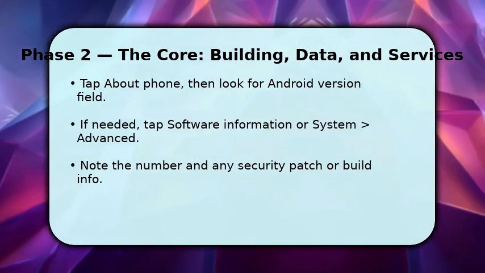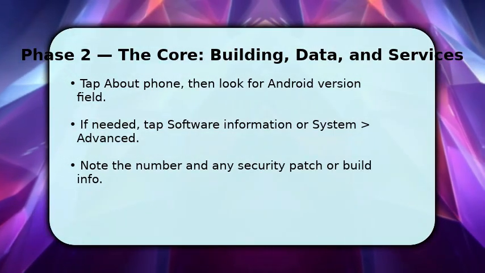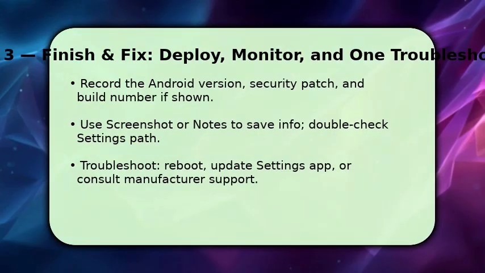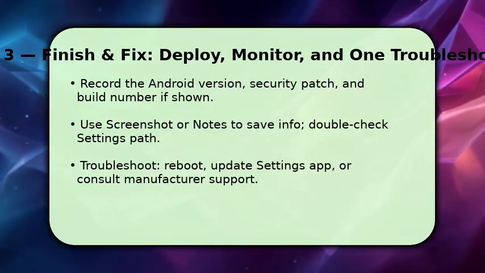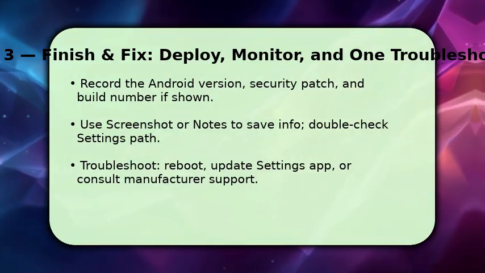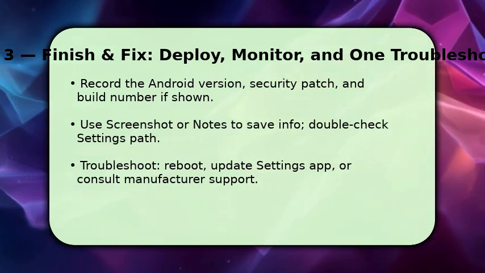If you need to record it, take a screenshot or write it down before leaving. You finish by confirming and saving the info. Take a screenshot or jot down the Android version and security patch date. Once done, exit settings. If the Android version line is missing, make sure you reached about phone and, if necessary,